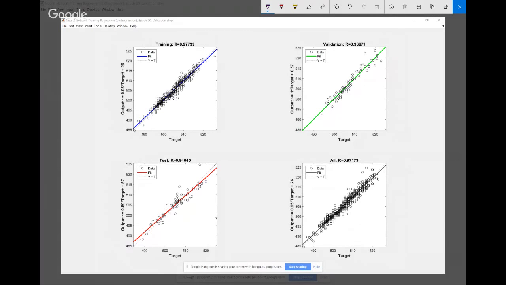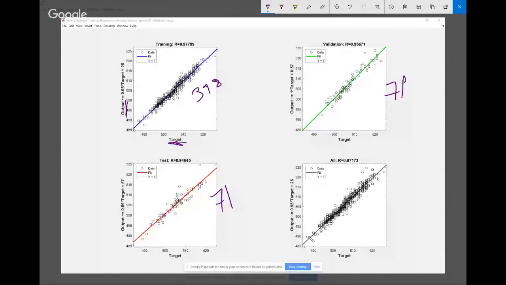These are the outputs, which are the expected outputs plotted against the targets which were fed into the data set. So basically, these are all the data points: 398 data points in training, because we had divided it into 70%, 15%, and 15%. So training had 398 data points, validation had 71 data points, and test had 71 samples. So basically, all these small dots are these samples which are plotted.